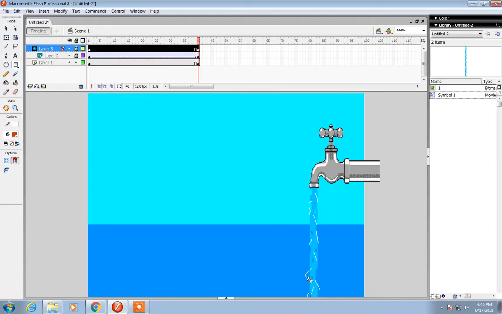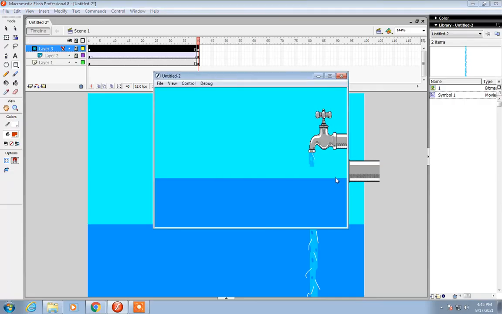As you can see over here, only the water from the tap part is visible. The top part of the water which was there is hidden. So this is the advantage of using masking. It is used to hide a portion of a layer. Now press Ctrl Enter and see. It will look as if the water is flowing from the tap. Thank you for watching this video.